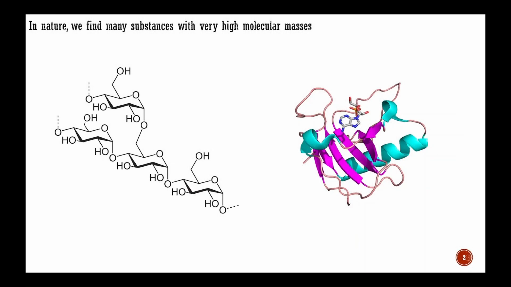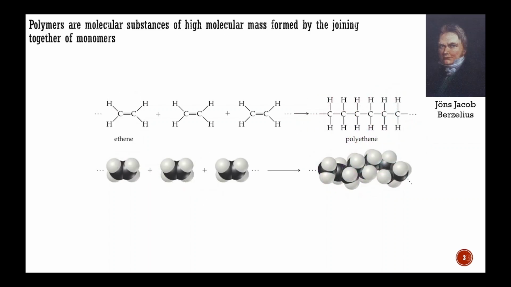In nature, we find many substances with very high molecular masses that contribute significantly to the structure of living organisms and tissues. Some examples include starch and cellulose, which are abundant in plants, and proteins, found in both plants and animals. In 1827, Swedish chemist Jöns Jacob Berzelius introduced the term polymer to describe molecular substances of high molecular mass formed by the joining together of monomers, that is, molecules with low molecular mass. This process is referred to as polymerization, and as an example, you can see here the reaction of ethene monomers